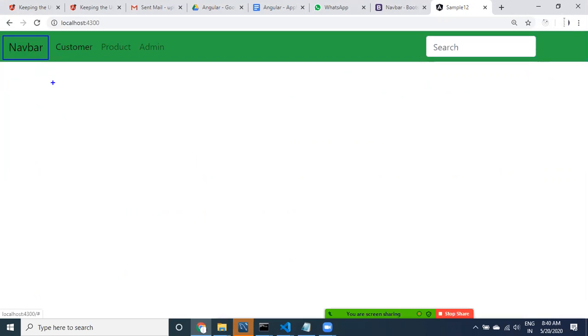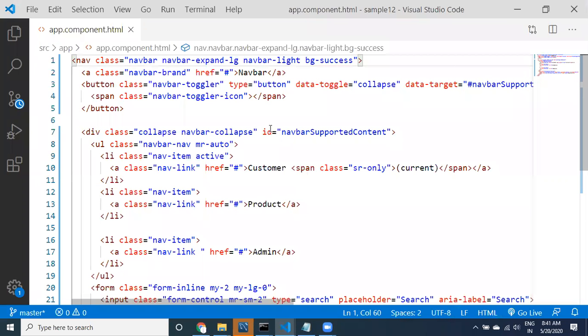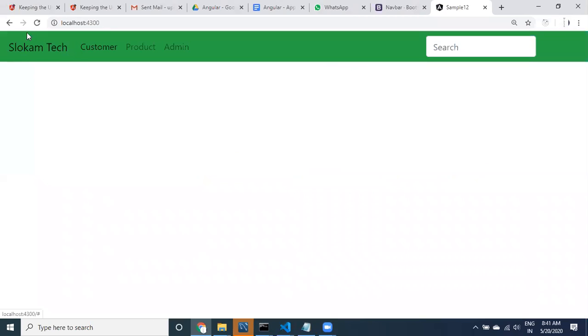Okay, in place of the nav bar you can provide this one. What I will do is tell you something product-wise. This is Slocum Tech. I want to provide a kind of Slocum Tech solution. See here, guys, this is going to be the Slocum Tech. Even if you want, you can provide the logos also. You can work with images as well.